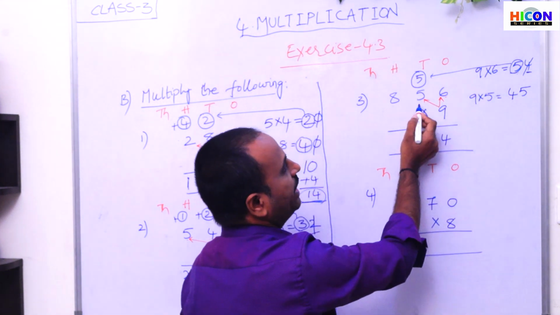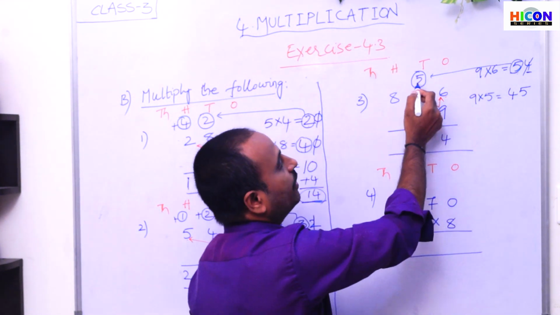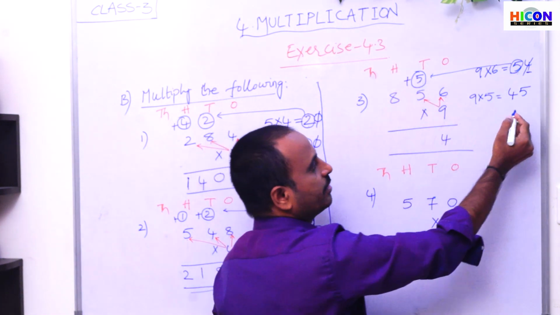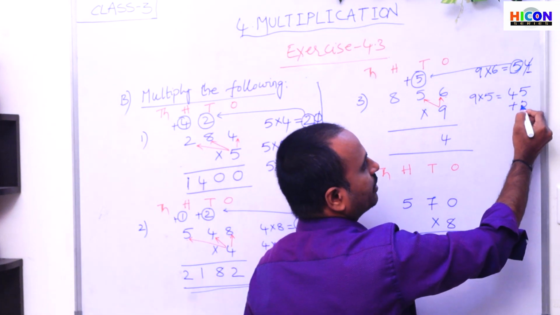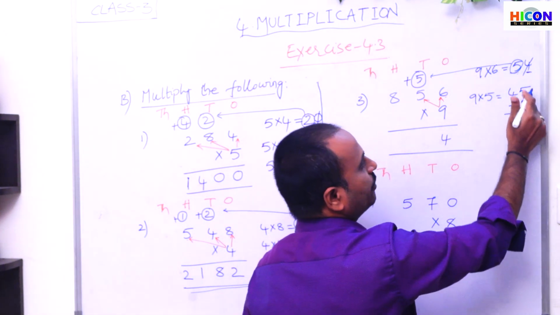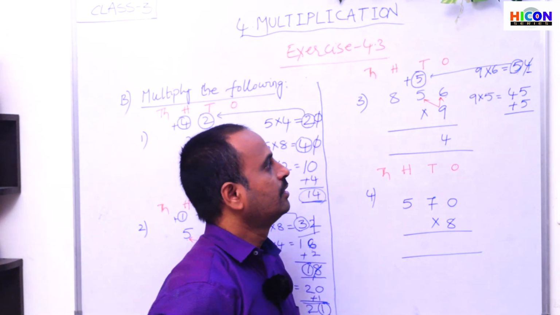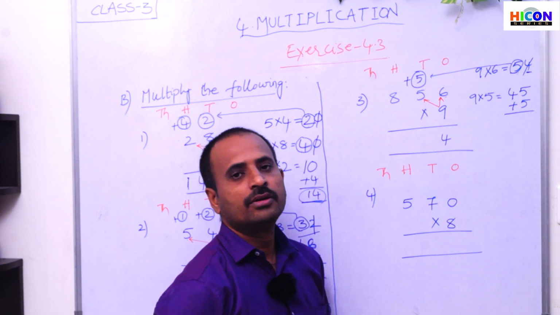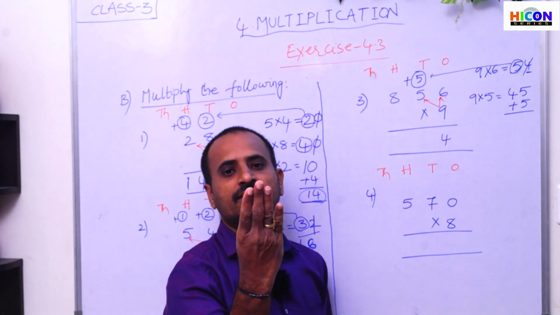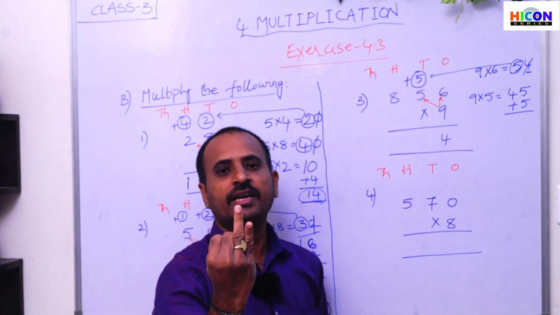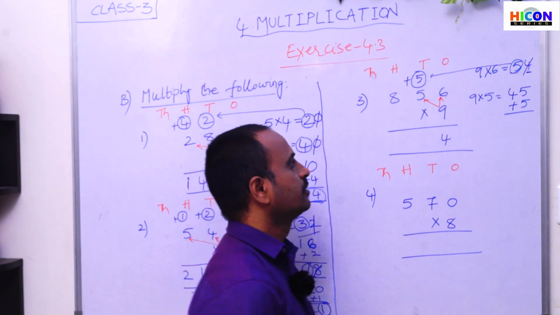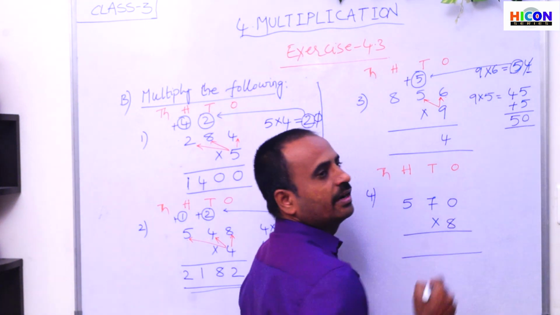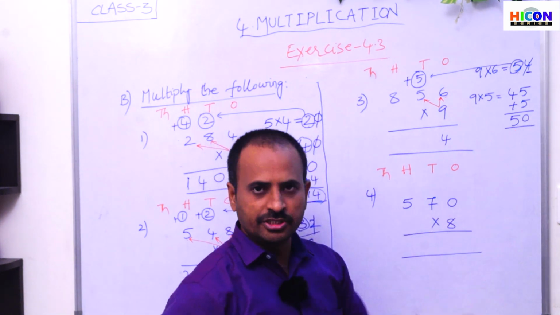So what is the carried number under tens place? 5 is the carried number. So we have to add this carried number to the product. So add the carried number 5 to 45. If you add 5 to the 45, how much will you get? After 45: 46, 47, 48, 49, 50. So if you add 5 to the 45, you will get 50. And 50 is a 2-digit number.